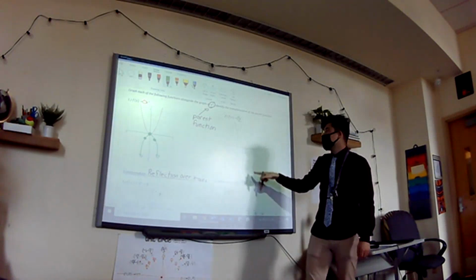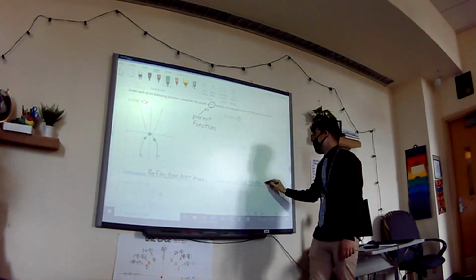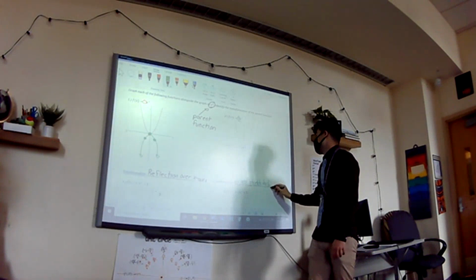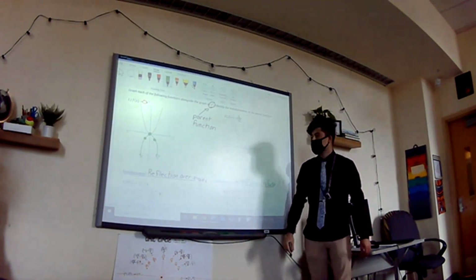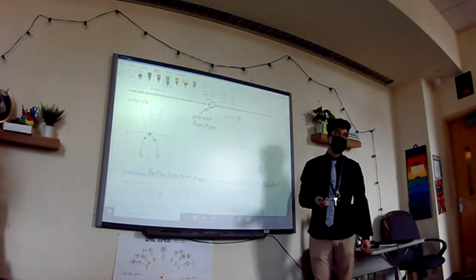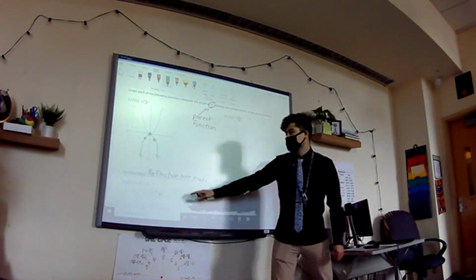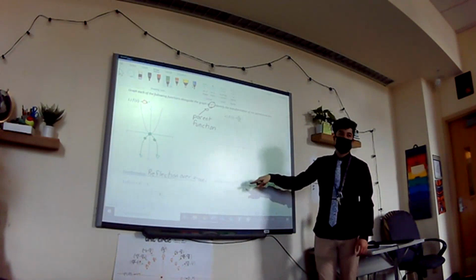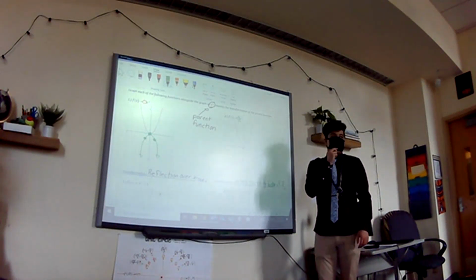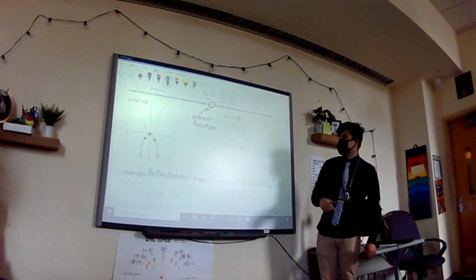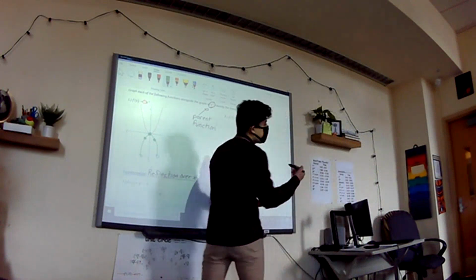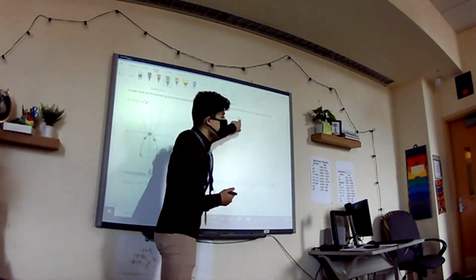And technically it's called a vertical stretch by a factor of 2. I'm just showing you the big proper names for all of these. I don't really mind if on your own worksheet, you just write reflection or stretch or vertical stretch. But that's what the name of it is. Okay, cool. And then, so what that does is, like I just said, it's gonna get to the bigger numbers